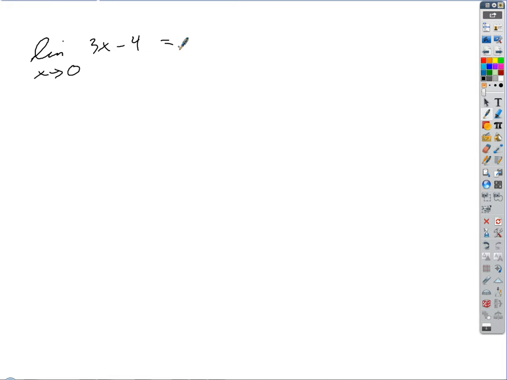What's the answer? -4. Right? How did we get it? Direct evaluation. It worked, right? Whenever you can directly evaluate a limit, do it. It's easy, right? That's what you want. The only time that this falls apart is if you get a different kind of an answer that's not a number, right? So for example, for now, we could say,